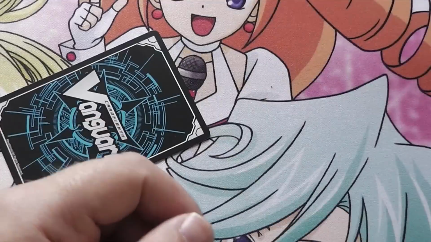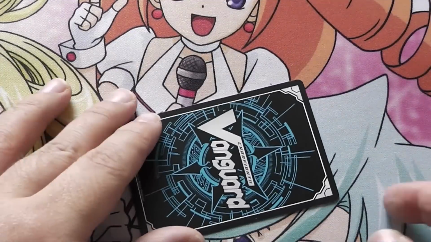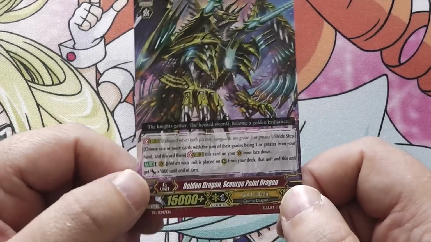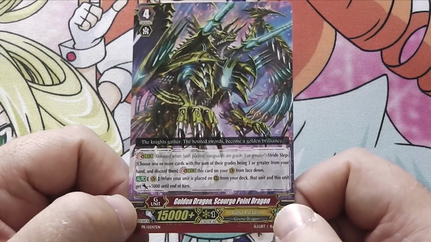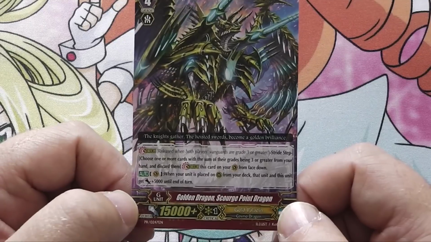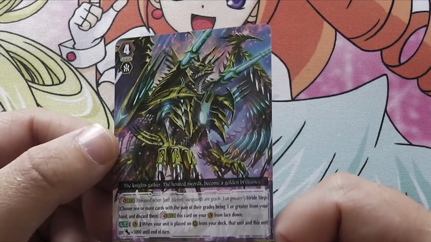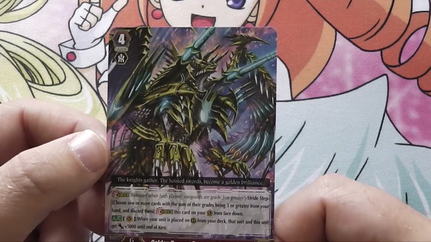So I didn't expect to see this, but it turns out you actually do get the promo, like in the Japanese one. It's just not in a separate pack. So you get this, it's a reprint from the Fighters collection, I think it's the first Stride Fighters collection, Golden Dragon, Scourge Point Dragon. So now it's a promo, it's not a holo card, but it's got,